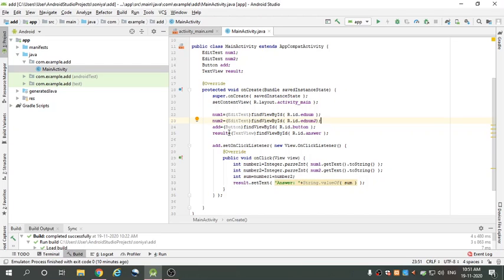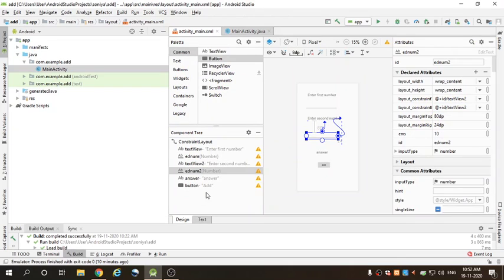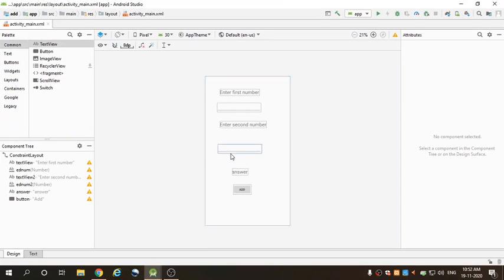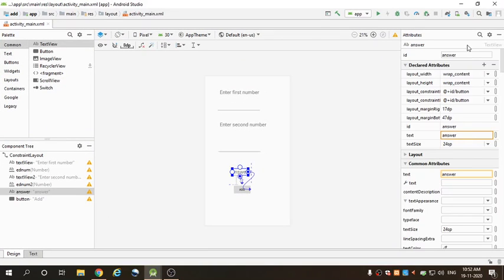Here result, the object of TextView, is equal to (TextView) findViewById(R.id.answer). In the design part you see the id of answer.